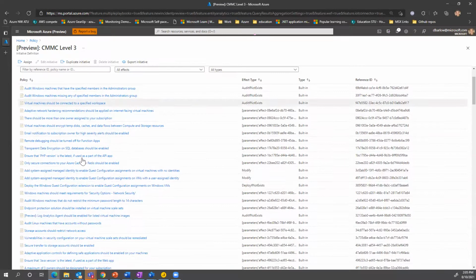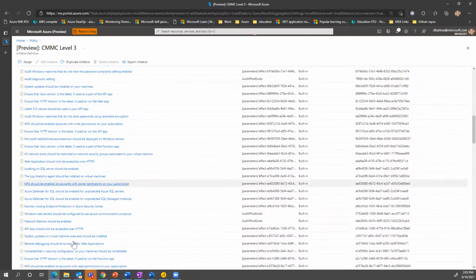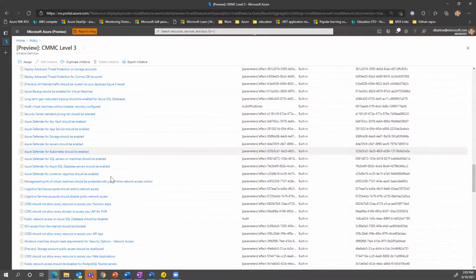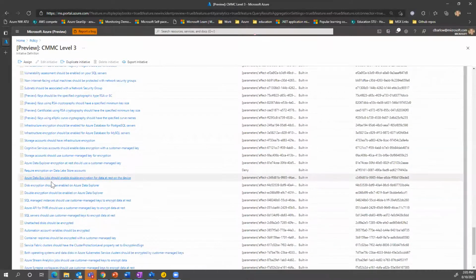So within these policy sets, you're going to see there's a lot of these different audit if not exists, and these parameterizations that I can use to throw some pieces in to make sure that everything's working. But, again, Linux guest config. So if I try and turn on a Linux VM and I haven't enabled the extension as part of the deployment, it's going to go ahead and do it for me. And if somebody tries to turn on a data lake store and it's not encrypted, it'll block them. So it won't allow it to happen.